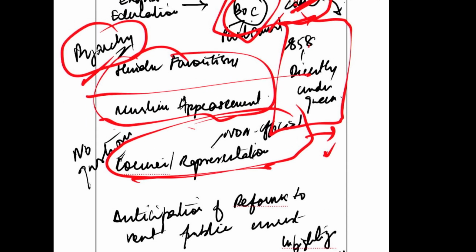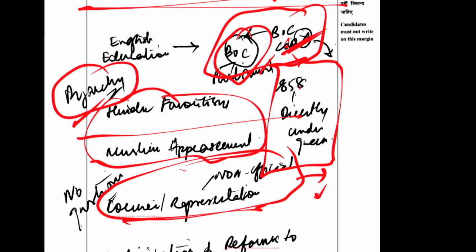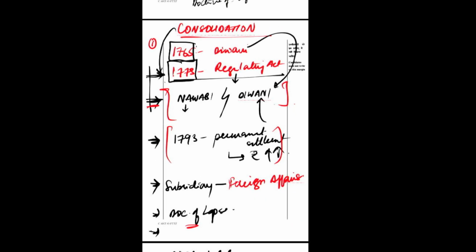And these administrative moves, education, English education, and training of a middle class, westernized intelligentsia, so that there's also a market for British goods. That's also an administrative move. So there's a lot of scope of things to write. But these are some nice points, talking mainly about the masterstroke that they initially made, and this one comes later. But subsidiary alliance, doctrine of lapse, and this one are compulsory in your answer, and then the divide and rule, etc. Then they come.